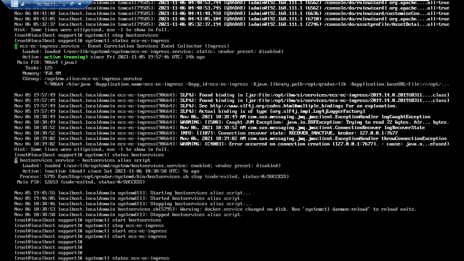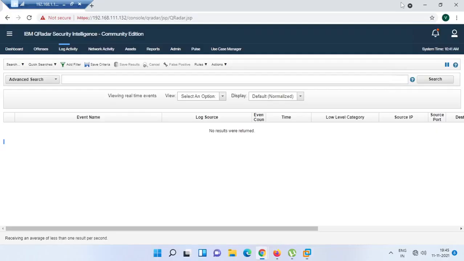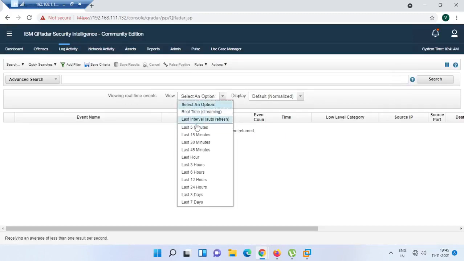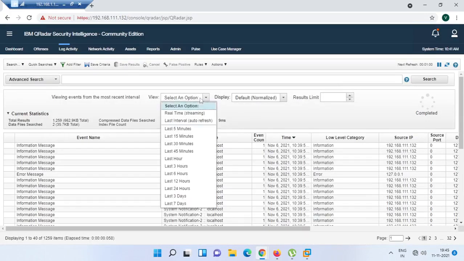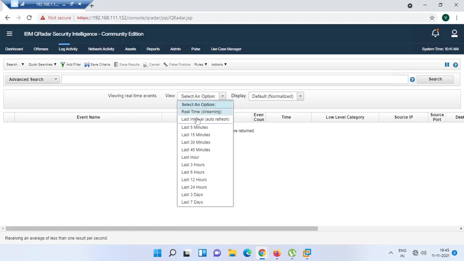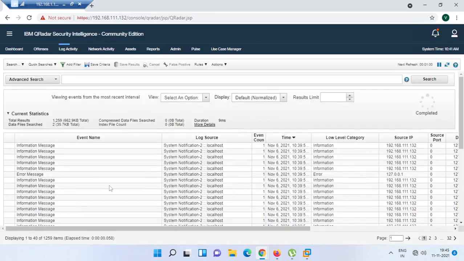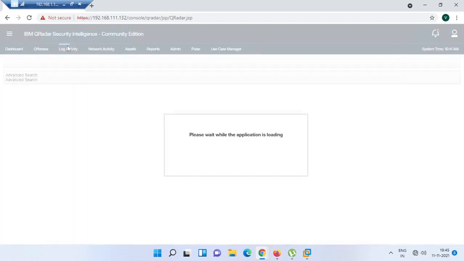Today, sorry guys, I'm really stuck with so many works. Continuously I keep getting so many calls. See, now logs are not coming. I am doing some last refresh interval, and now it's coming. It's taking some time. The last auto interval, it is showing, but why is it not showing in this? It is cleared.